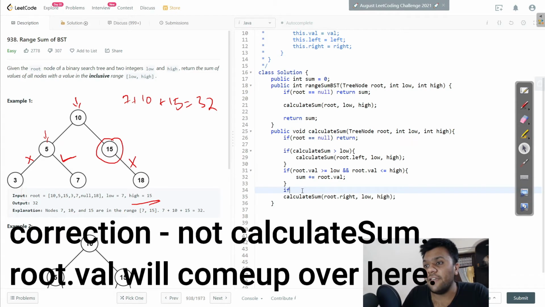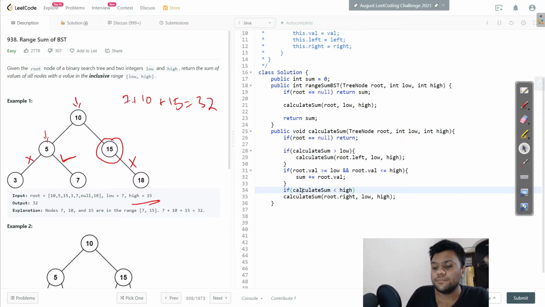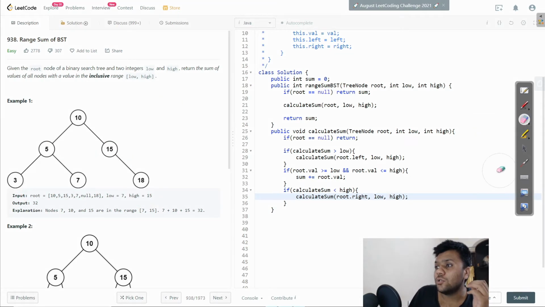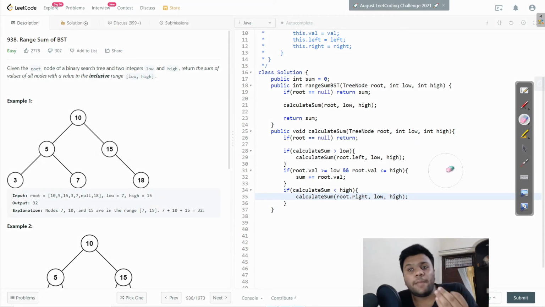So I will simply say, again I will put my calculate sum condition is less than high. Okay, then similarly, all right guys, let me just again give a run. Before that, let me erase this thing. So now you'll see, before this we were dealing with a time complexity of O(n), and in this one as well we deal with a time complexity of O(n).